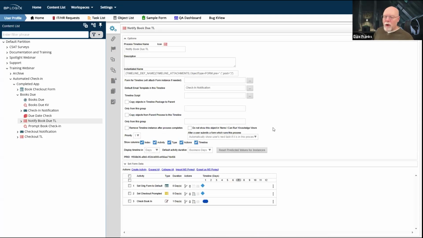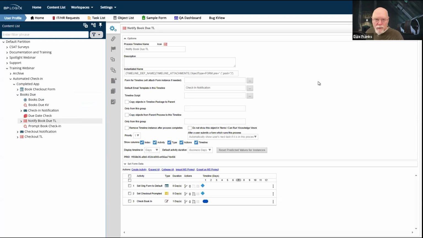First, if we look in the options section, it does not have a form for timeline. In fact, if we look in the Books Due folder, there is no form at all. The reason that we're doing this is because we are going to kick this process off in an automated fashion from a knowledge view.